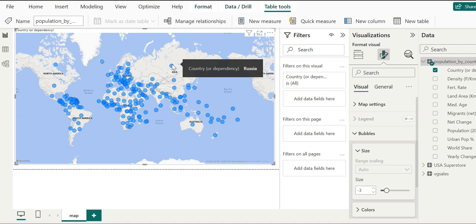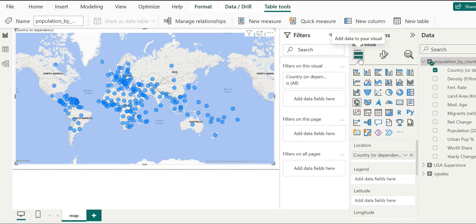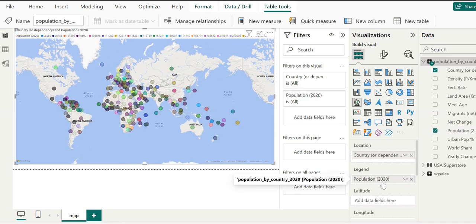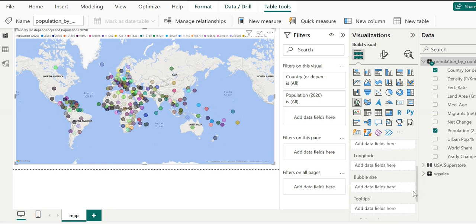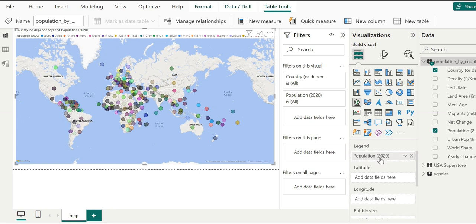Now to use this map to represent some meaningful data, we are going to drag and drop the population field from the population table into here. This is showing colorful information.